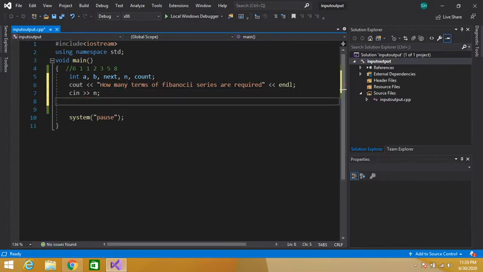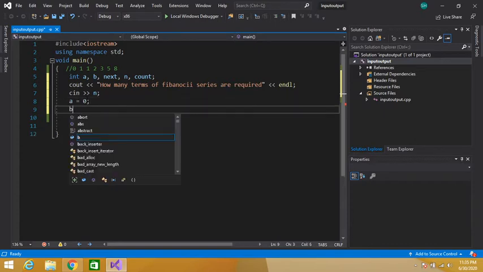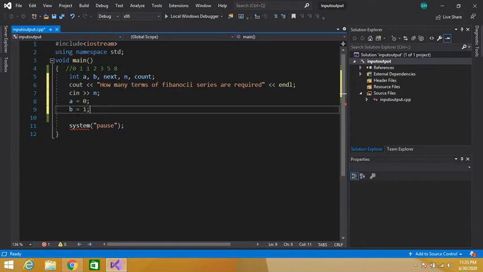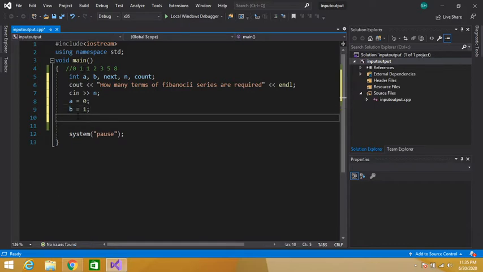Notice we have to print the first two terms similarly. So our a will be equal to 0 and our b will be equal to 1. Now I will print these two terms similarly.